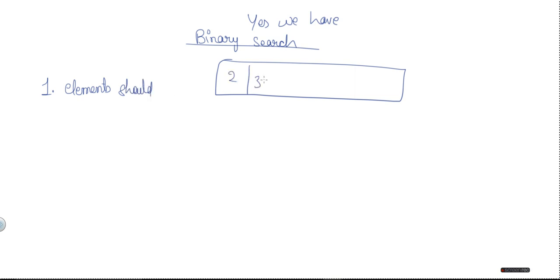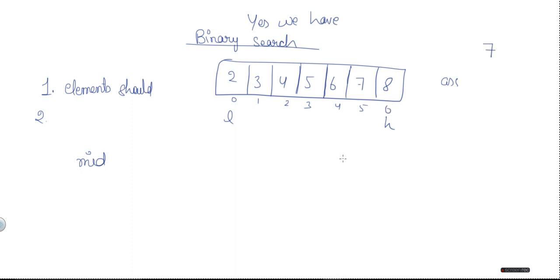So we will have 2, 3, 4, 5, 6, 7 and 8. This is sorted in ascending order, right? Now the second thing we do is take two variables, low and high, and one of middle. Each time it is going to divide this array by half. For this case we have indices 0 1 2 3 4 5 6, so a total of 7 elements, and the half of this is 3. We only consider the middle element, so this will be termed the middle element for the first time.